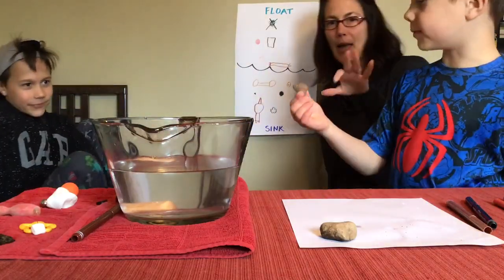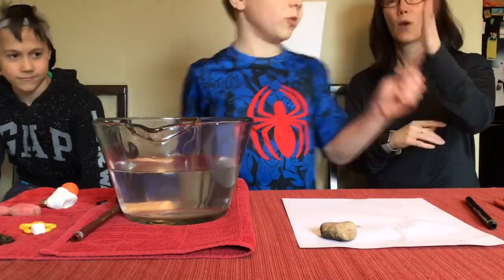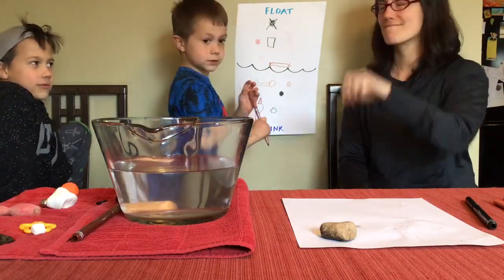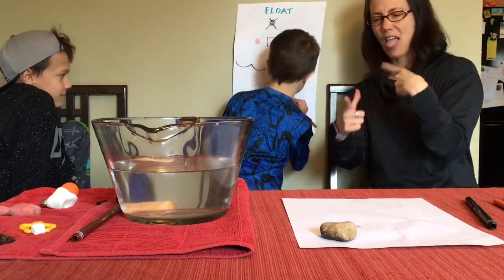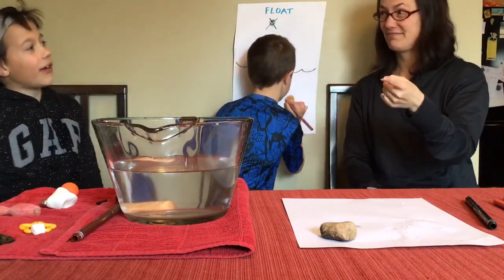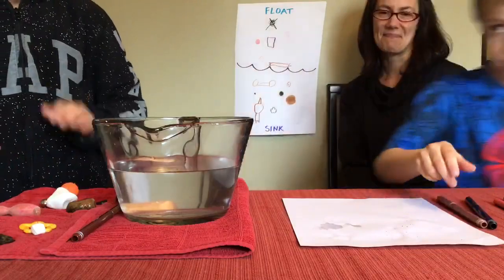Careful. I pick the small rock. I think it will sink. It's kind of a light color, so I think it's gonna be like the caramel color. The cardboard color? Caramel. I love caramel. So it's a rock, so. And the little rock sank. So what do we think will happen to the bigger rock? It will sink faster. Your turn to test. It sunk. So this is